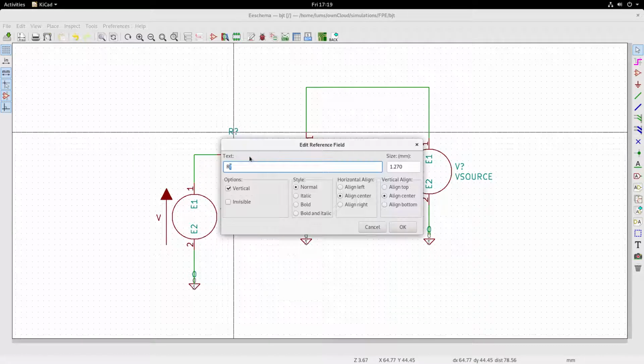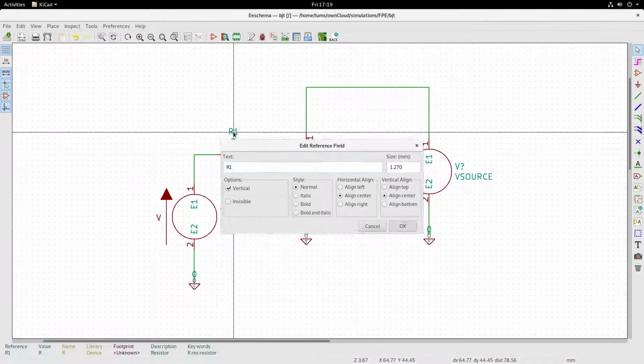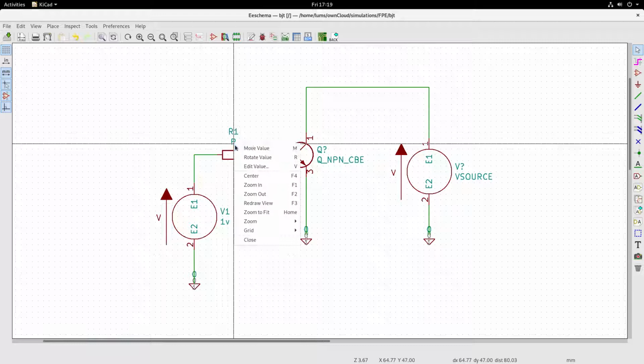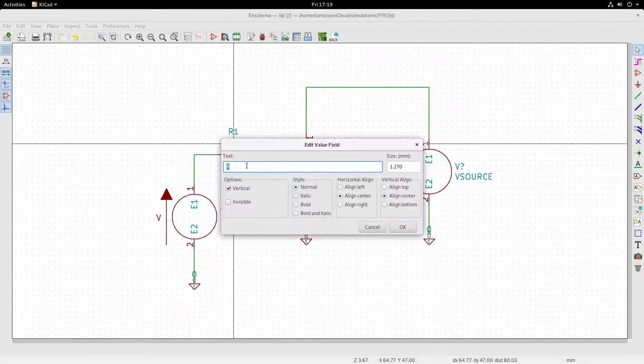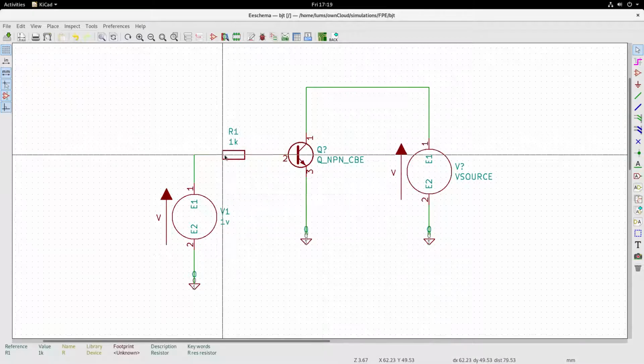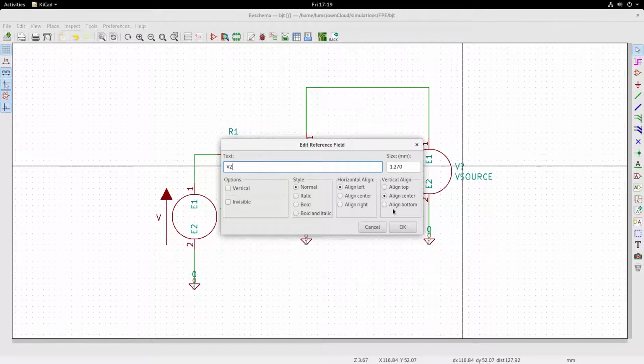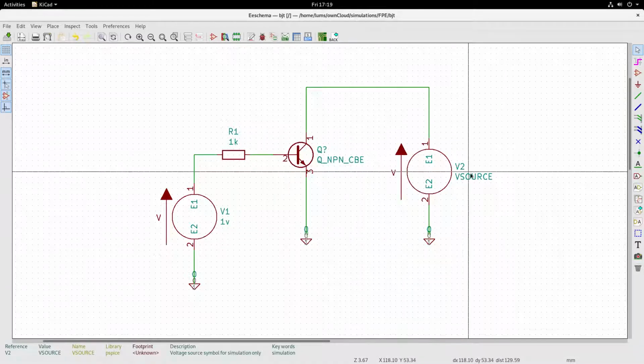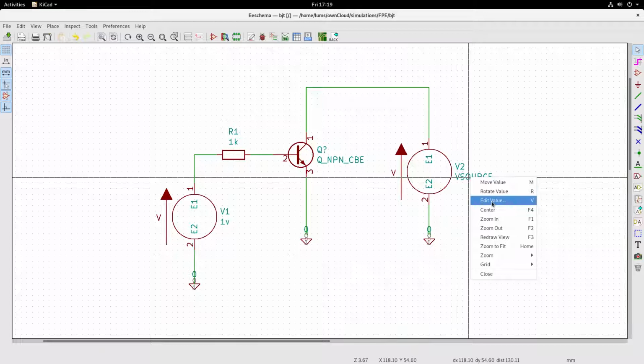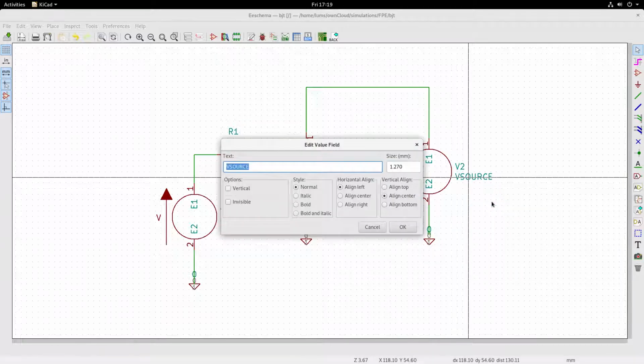Resistance, I'll call this one as R1, and we'll give some value for this resistance, and let us say 1K. Then here also let me edit the reference. I'll call this one as V2, the one across the collector, and let us give some value to it as 10 volts.